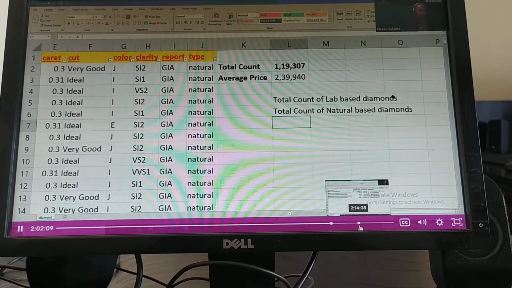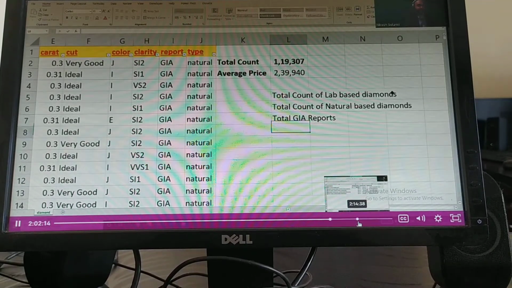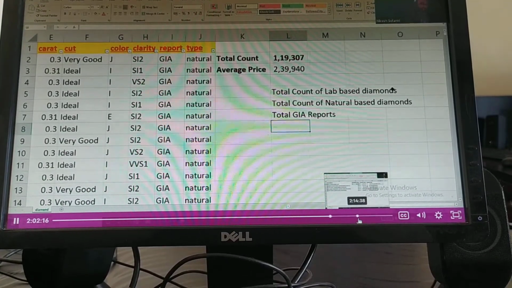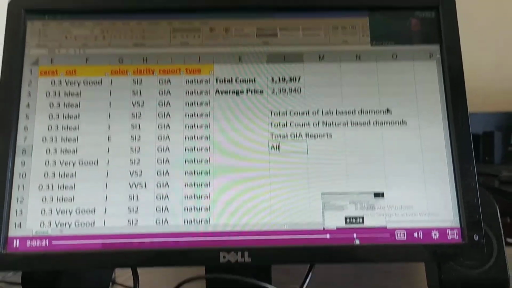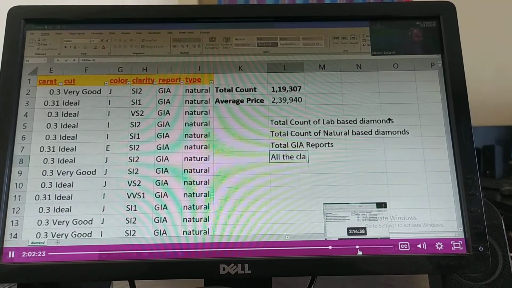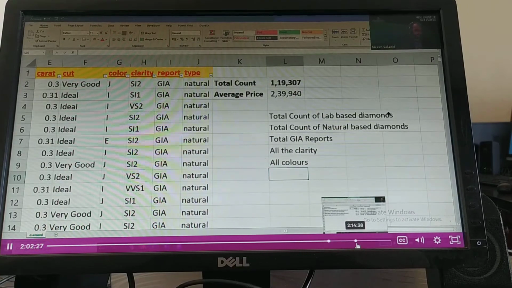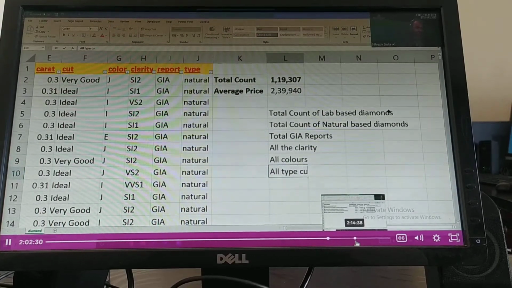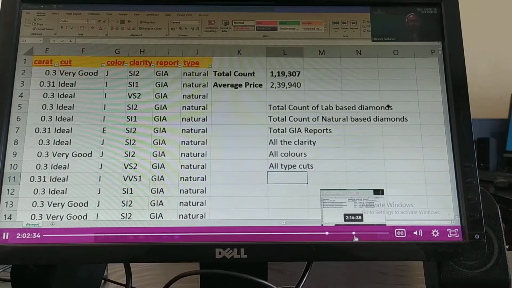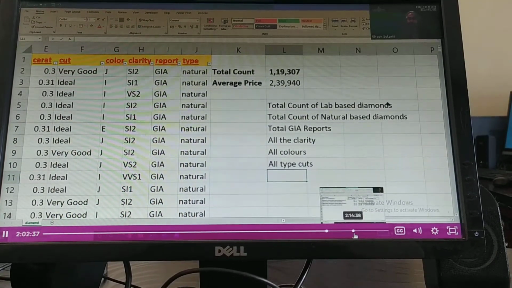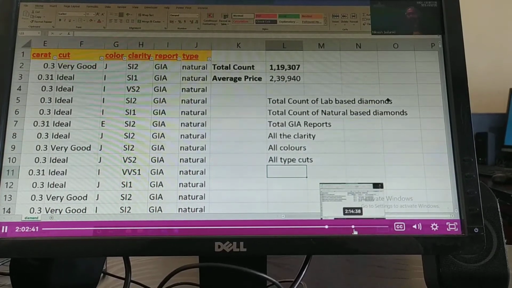Also I would like to understand total GIA reports, and I would also like to understand all the clarity, all colors, and all types of cuts. These are certain questions which I have in my mind. Can someone help me with this? How will I get this?